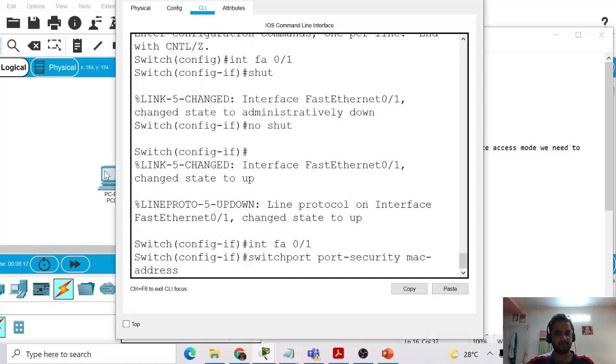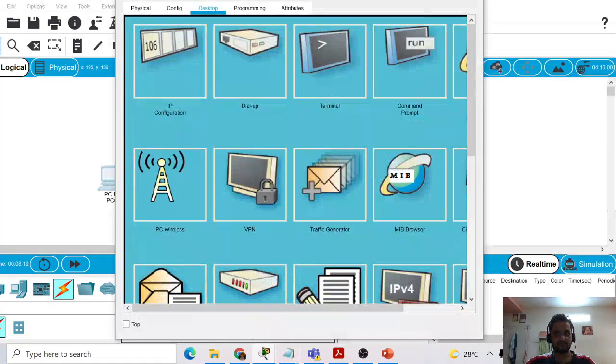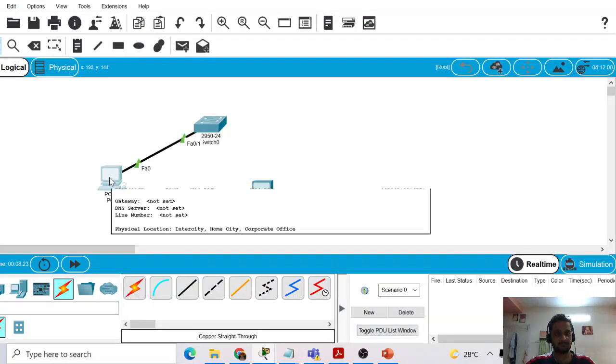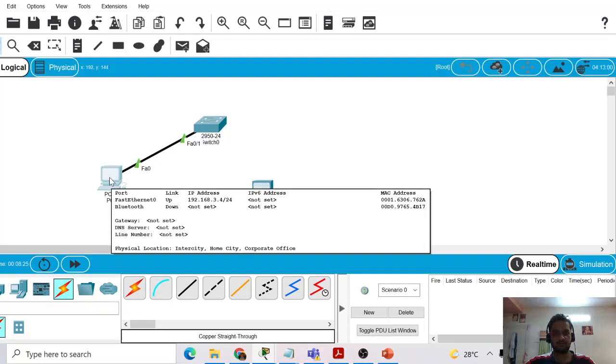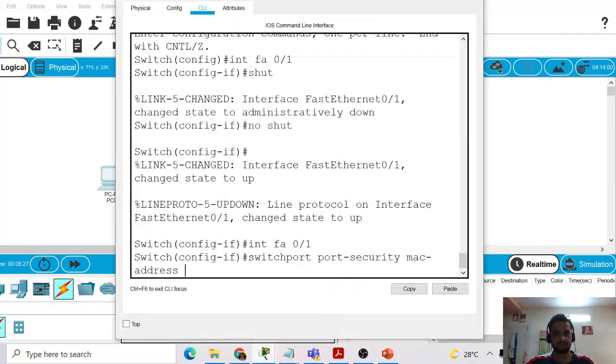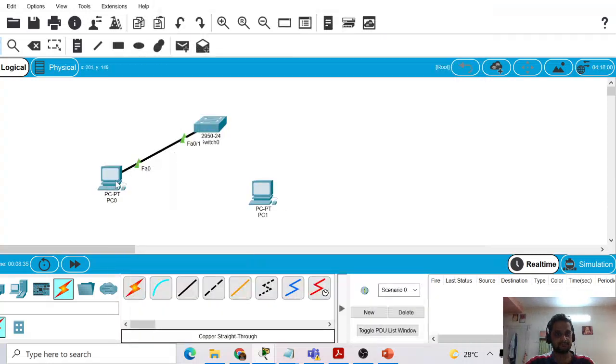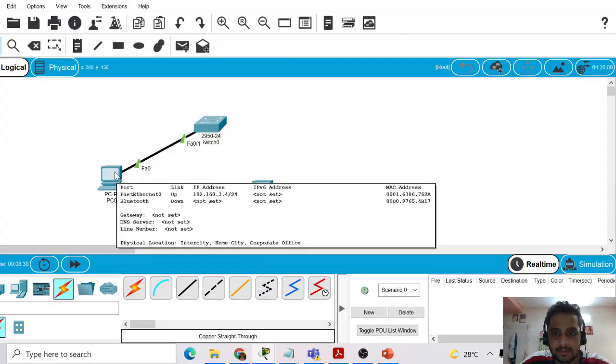So the address will be 001, 001 dot 60067628.